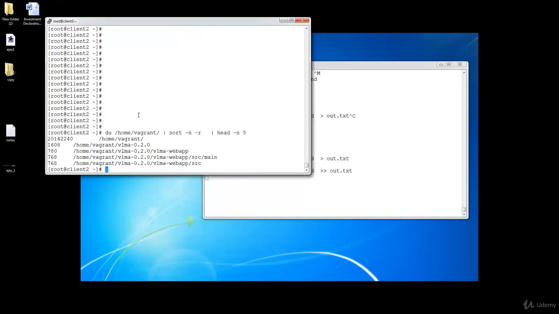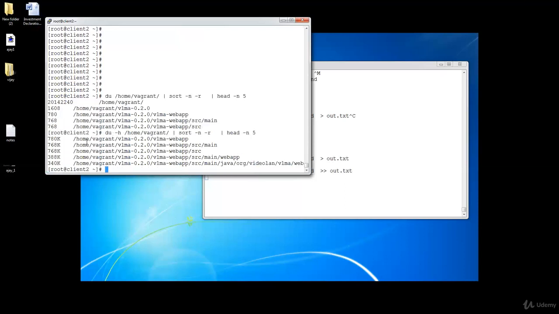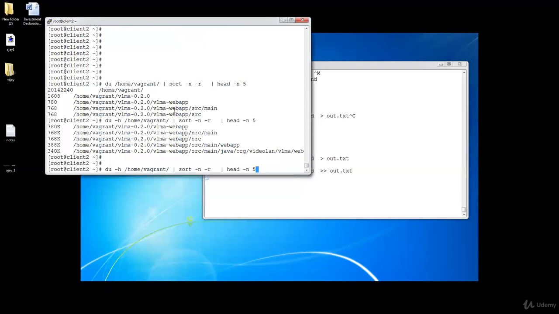Let's take an example, we want to go for the human readable option. So we'll say here df -h and this is the top 5 files, right? Now we can sort it in another way also.